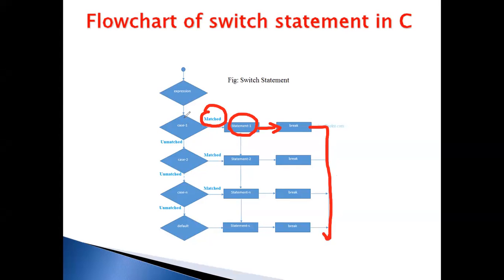If case 1 is not matched, then it will move to case 2. If case 1 matches, it executes and exits from that loop. If you use a break and case 1 is unmatched, it will test for case 2. If it is matched, then it executes statement 2 and moves to the break and exits. If you have not used a break,